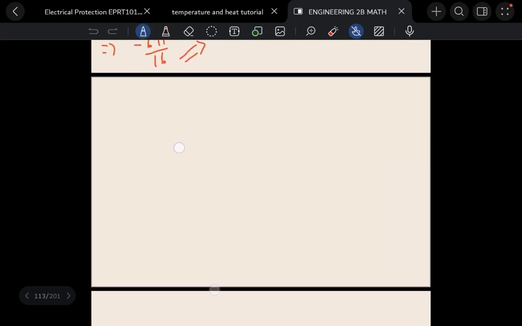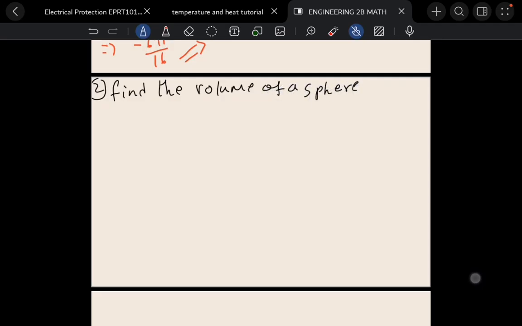The second one: find the volume of a sphere having radius r. Find the volume of a sphere, or derive the formula for the volume of a sphere having radius r. Now, we want the volume of a sphere having radius r, so what we need to do